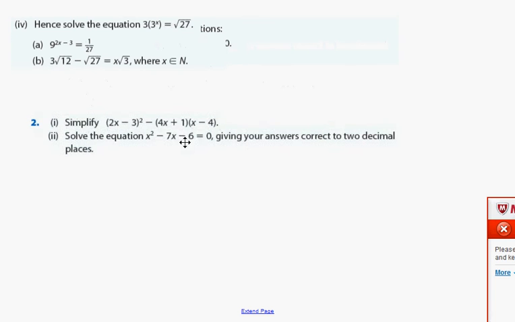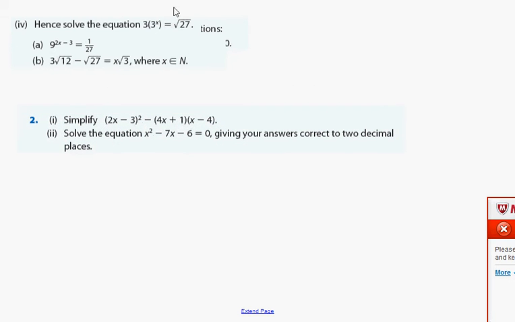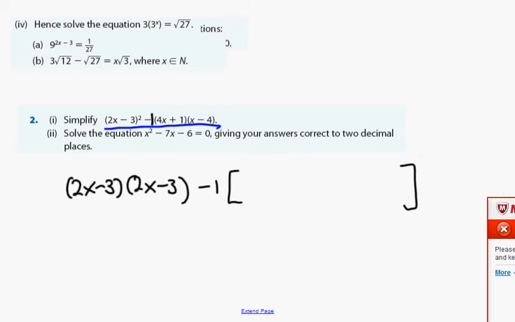Okay, this one here. Simplify 2x minus 3 squared minus 4x plus 1 squared x minus 4 squared. How do you go about doing that? 2x minus 3 bracket 2x minus 3 represents the multiplication stage. David, what number should I put in here? 1. Okay, so it's going to be minus 1 times, and make a big bracket, because whatever you get for this part here,